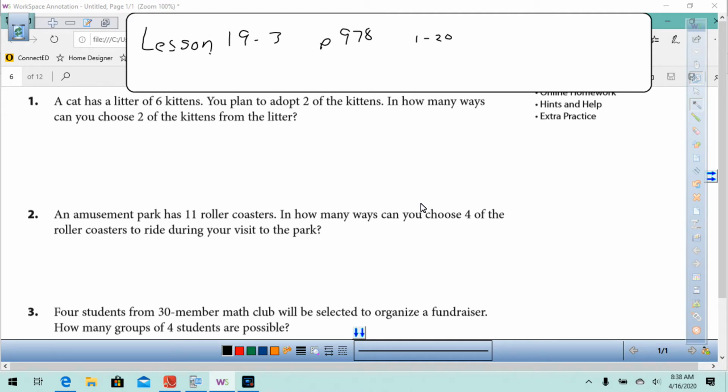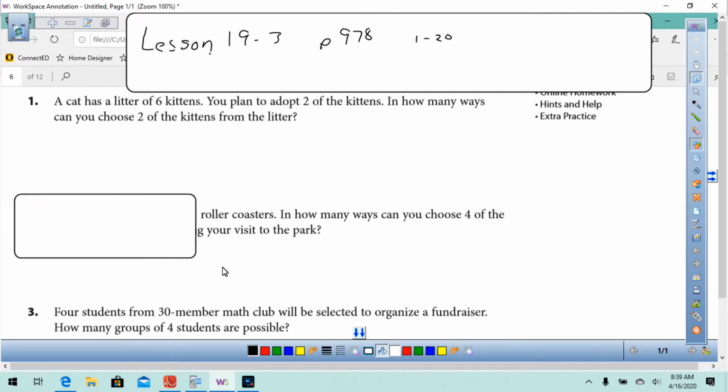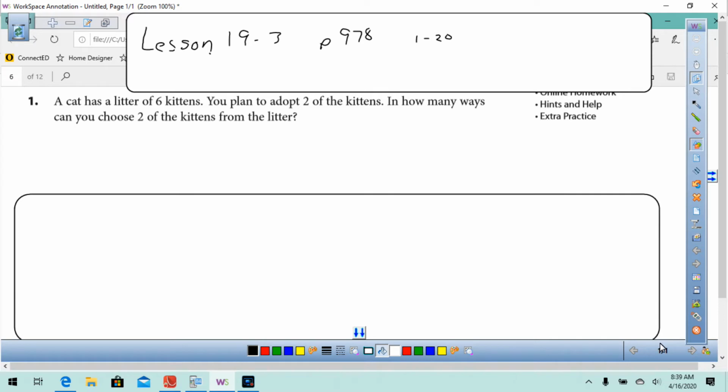Lesson 19-3, page 978, 1 through 20. A cat has a litter of 6 kittens. You plan to adopt 2 of them. How many ways can you choose 2 kittens from the litter? Well, what if we were to say, let's see here, we've got